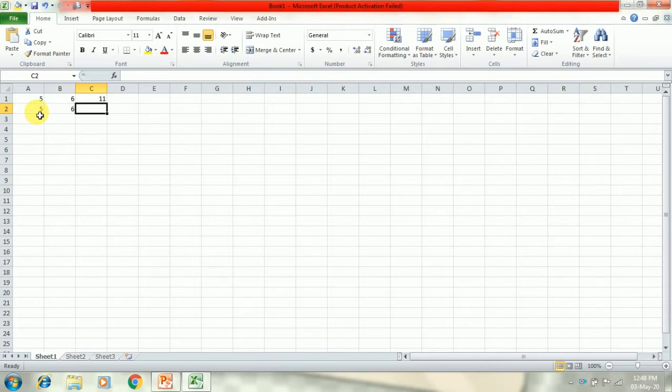In C2, I am typing equals to 5 plus 6 instead of equals to A2 plus B2. Press enter key. See the result is same 11. But if you are going to change the value in B1 and B2 to 7, you will notice that result is updated automatically where I used cell address. And in case of cell values, it is not updated. So that's why we should use cell addresses for calculation.